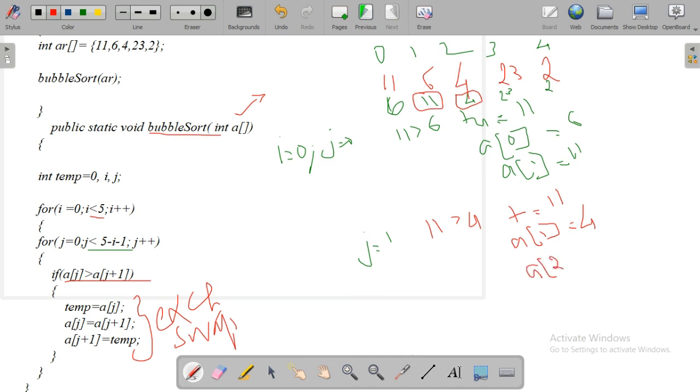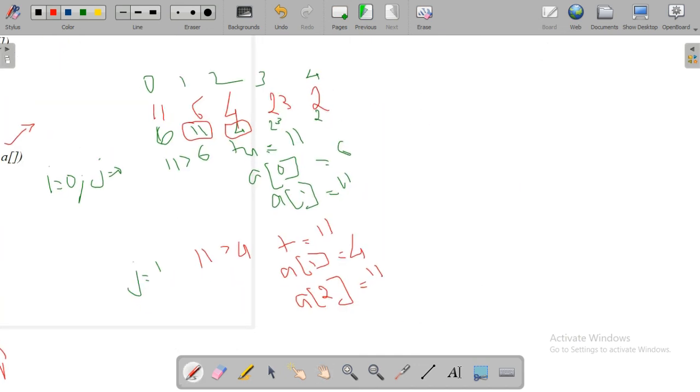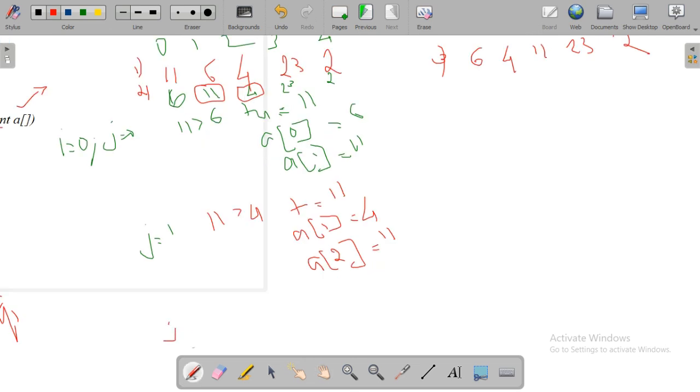So temp is updated as 11, a of 1 is updated as a of j plus 1, which is 4, and a of 2 is updated as temp, which is 11. After this step we can write 6, 4, 11, 23, 2. This is step 1, step 2, step 3 in the single pass.